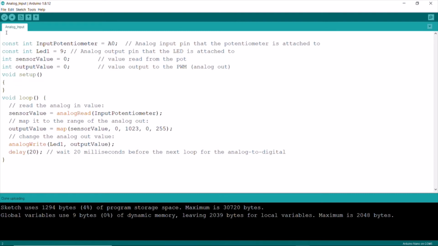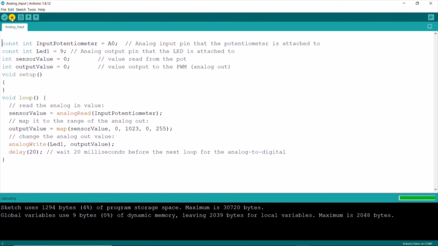And 0 to 255 is for the analogWrite function. If you write analogWrite 255, the max output voltage you get is 5 volts, that is a 100% duty cycle. So this output value is mapped from the sensor value, and it will be provided to the analogWrite function: analogWrite LED1 and output value. Now according to the sensor value, the output value will also change, and this will be checked throughout the void loop again and again. Now delay 20 milliseconds means after the analogWrite function, the program will wait for 20 milliseconds and then it will start again. Okay, now let's upload the code and check the output.